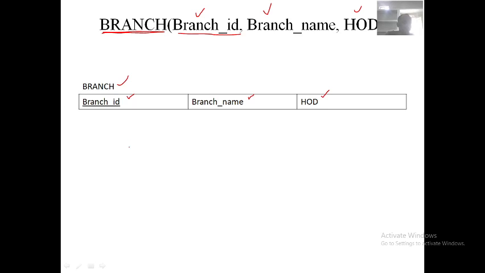What is a primary key? A primary key should be unique and it should be not null. Not null means that some value must be there.